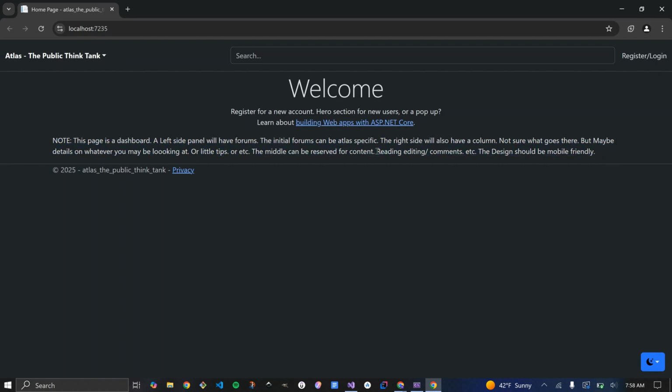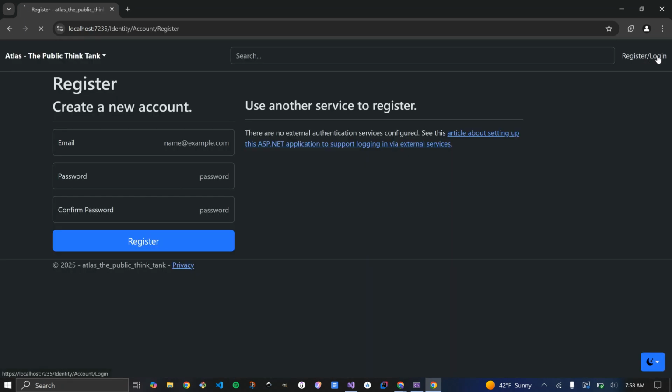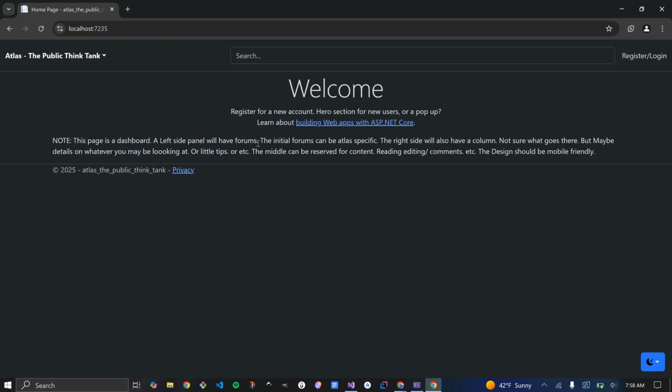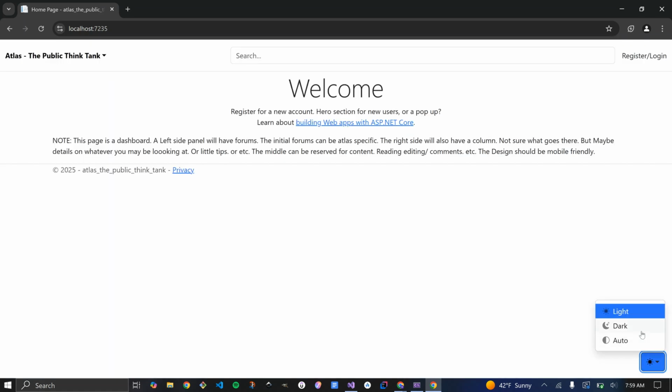But this is an example of someone who is not logged in, and you can see in this hero section that the user is being prompted to register for a new account. But there also is a register and login button up here, even though they kind of look like the same button. But those are going to be also over here because I want people to know to register, or I don't know. I'll figure that all out. But here is that little color picker I was mentioning.